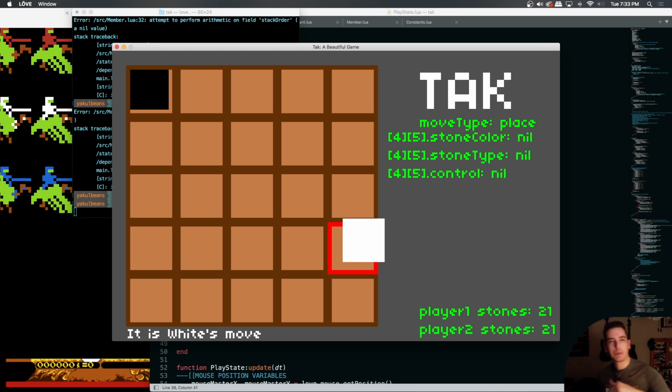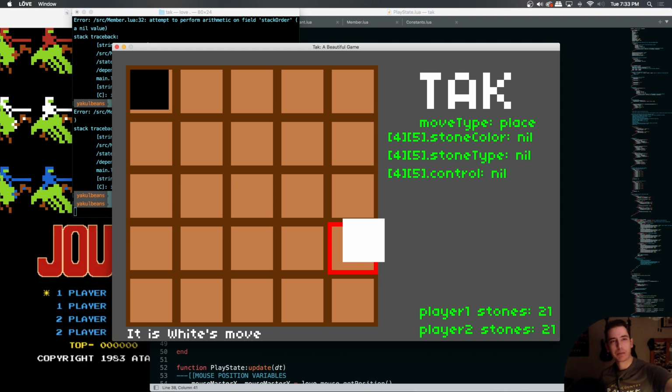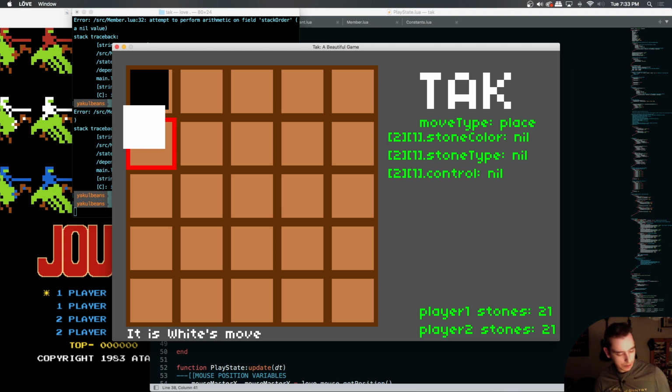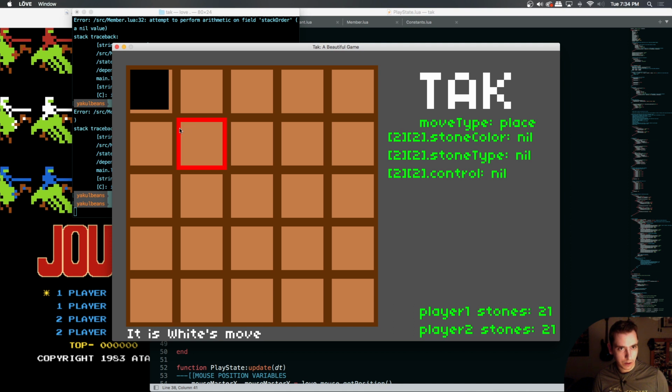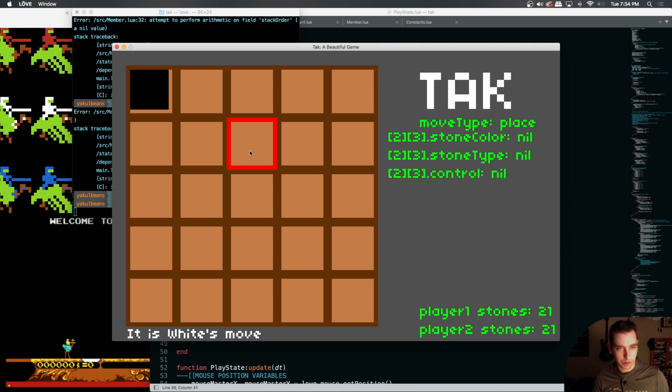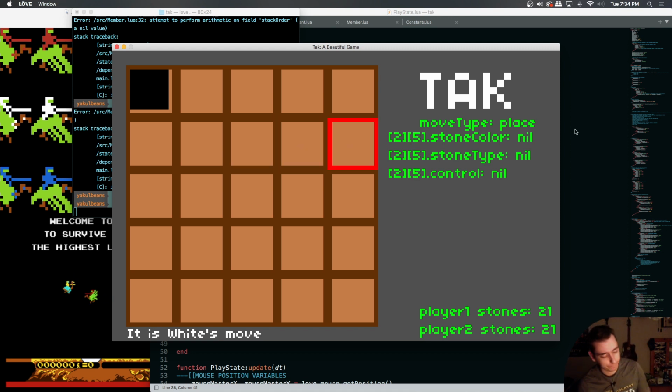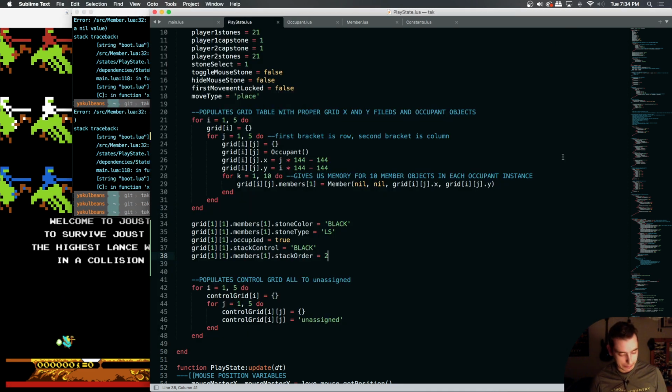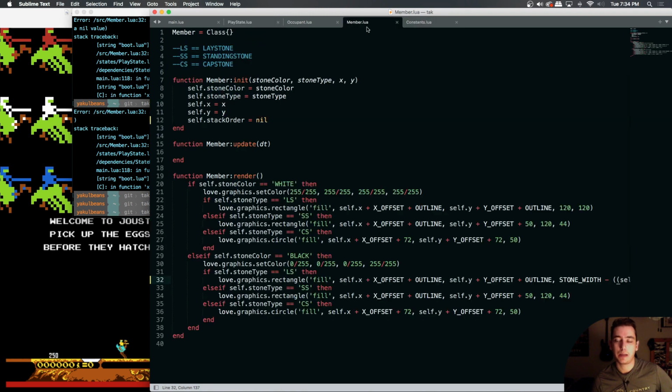If they were programmed like this, the top stones would all be in the top left corner right here. The very top stone would be here, where we would probably want it centered so it looks like they're just stacked in the center. So we need to offset our X and Y position based on stack order as well. So I guess that means we would say something along the lines of,